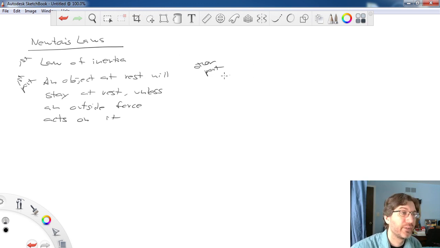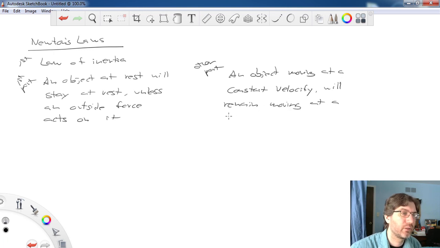So it's going to be very similar to this, but this says an object moving at a constant velocity will remain moving at a constant velocity unless an outside force